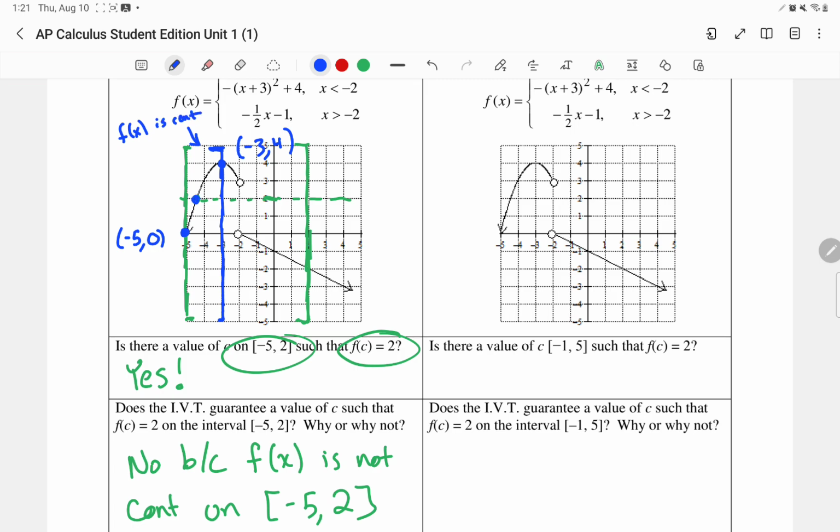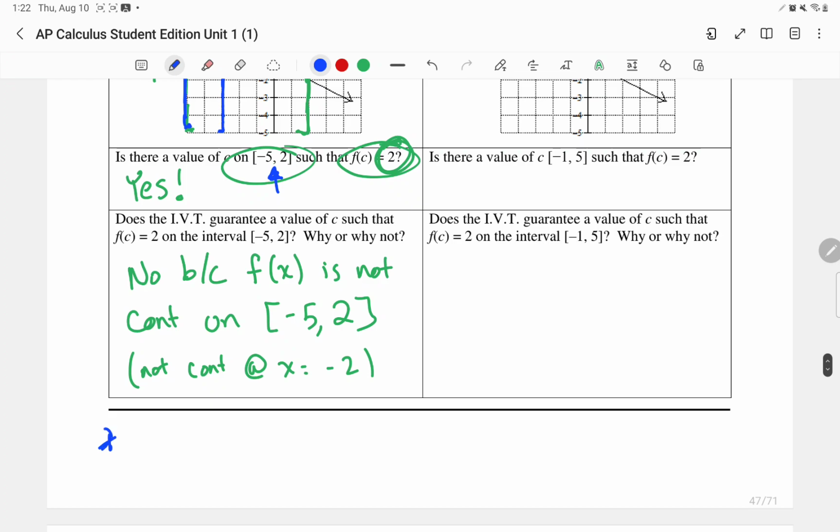And basically if I look at my y values, I have 0 and 4. Is the y value of 2 in between 0 and 4? Yes, it is. So basically the intermediate value theorem actually would be guaranteed here in between -5 and -3. And that is part of this interval. So by a technicality, we could say yes. I'm going to put a little asterisk here. We technically could say yes,